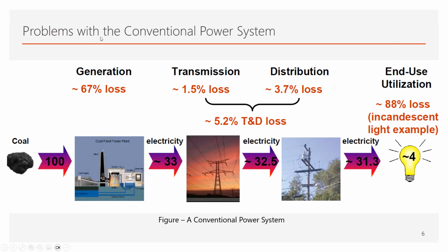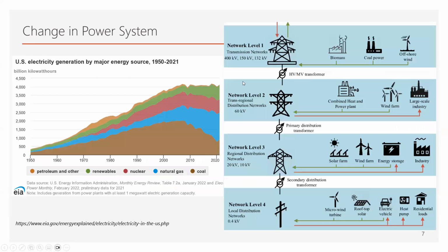So there are problems with these conventional power systems, especially in the generation section, in some cases transmission, and in some cases distribution. So how can we actually mitigate this problem? Now, if we look at